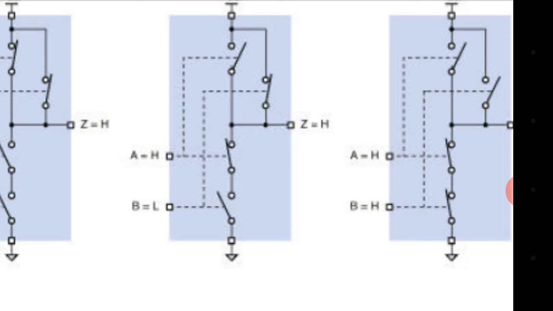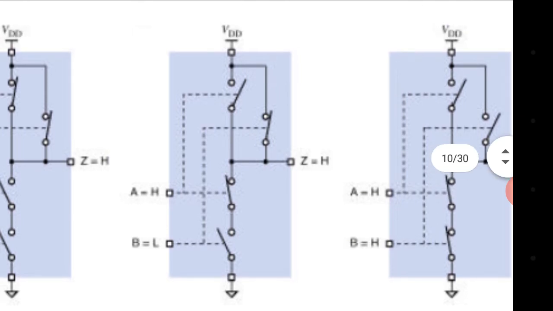Now whenever B is low, that is, the input B is low, whenever low is applied to the PMOS, that will become an on switch. That's why you will observe Q4 is on and the bottom one is an open switch, because that is the NMOS and you are giving B as low, so the gate is low. Observe the diagram. Again there is no path for the current to pass towards the ground, so your output is as good as high, because you are taking the output at point Z.